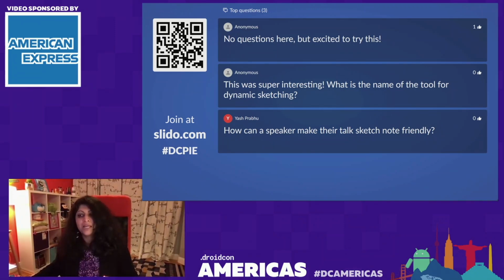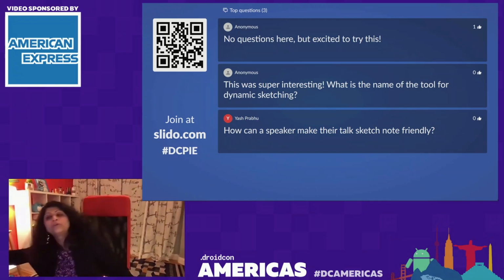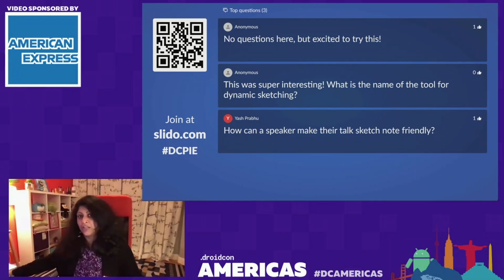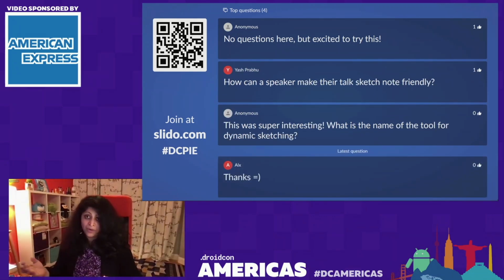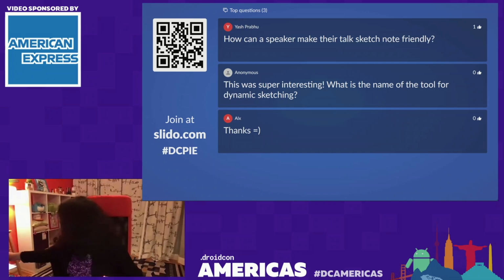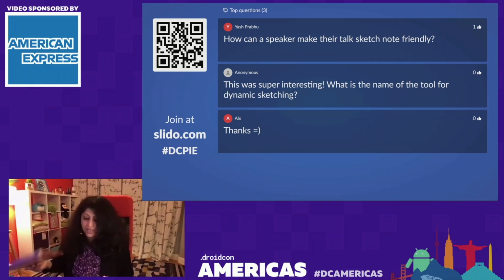This is super interesting. What was the name of the tool for dynamic sketches? It's called Procreate on the iPad, but there are many different things you can use. If you're a Windows user, you can sketch right in OneNote, and people have done that. It's a great way to integrate your sketch notes right into your notes. Procreate on iPad is something that a lot of sketchnoters use. It works only on the iPad for now, but it is super powerful because you can do animations, you can replay it, you can get palettes, you can get brushes. Last but not least, there's also things like Plumbago. There were a bunch of experimental tools you can use.